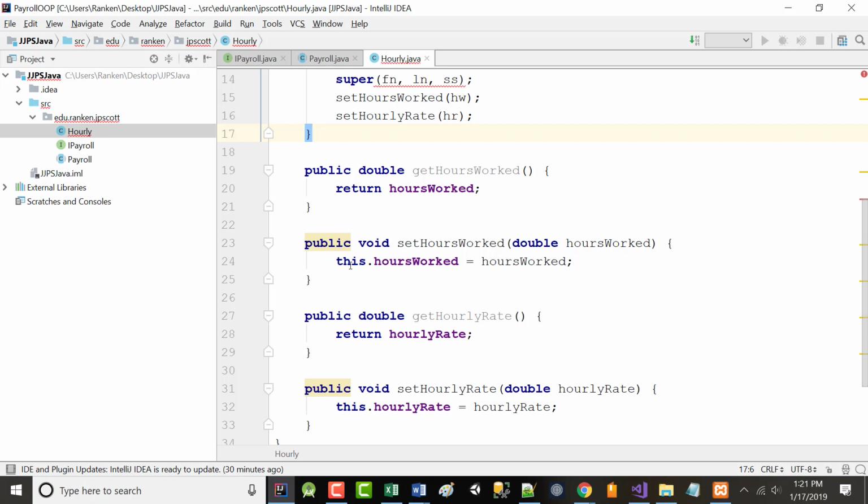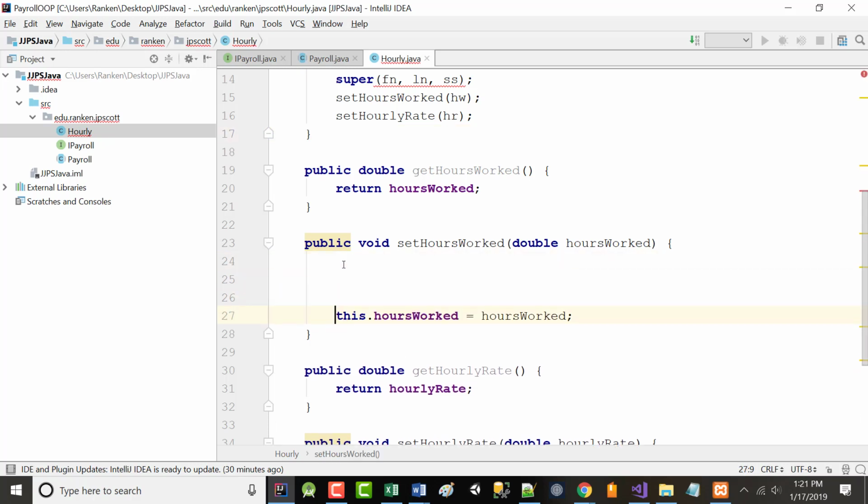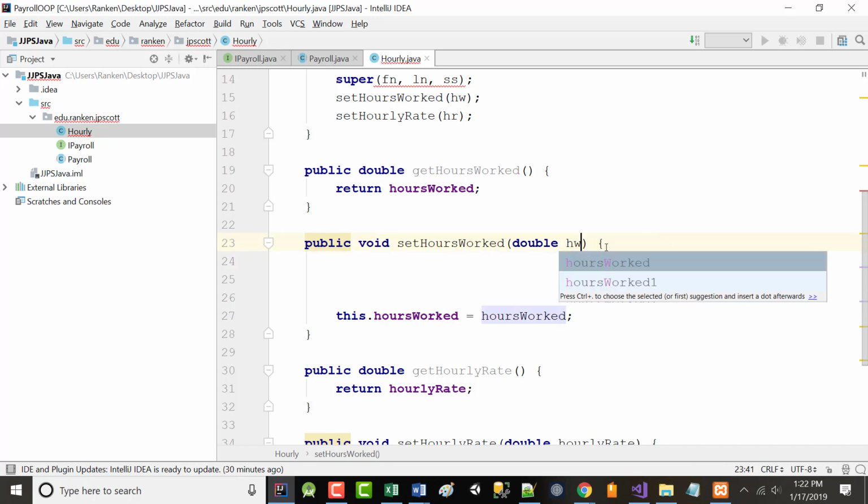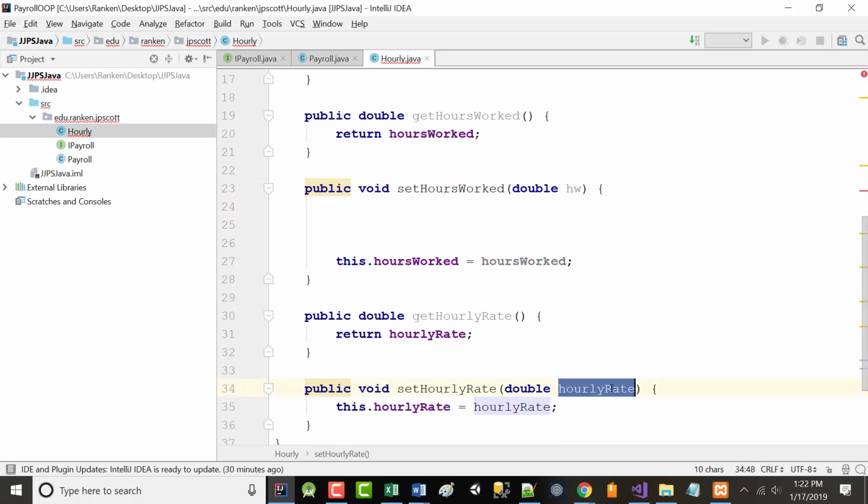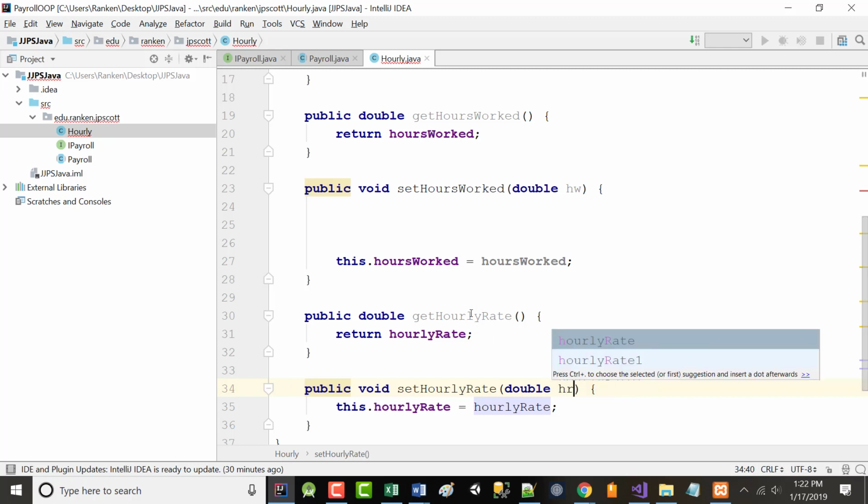We've got our hours worked right here. I'm not even going to worry about this. I'm going to hit enter a couple times, and there, it's there. I may use it later. I may not. I don't care. Everybody with me? But again, hours worked is too much to type in, so I'm making it HW. And later, hourly rate's too much to type in, so I'm making it HR.